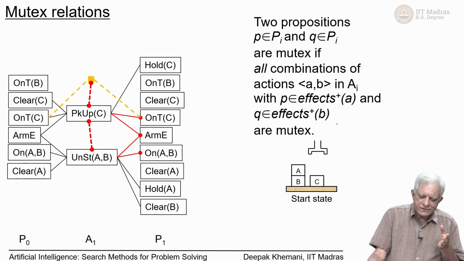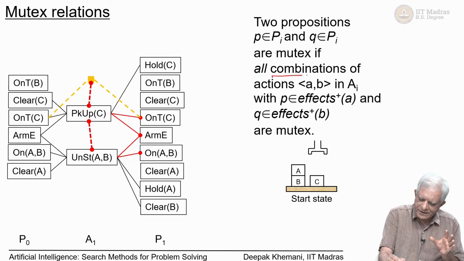Now, we are talking about propositions. The definition for propositions is simple. Two propositions P and Q in some layer Pi are mutex if all combinations of producing them are mutex. All combinations of actions that can produce this thing,